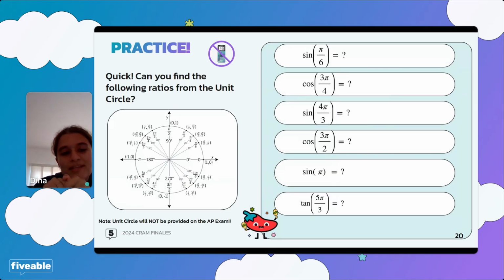Now, this practice problem is no calculator, so you should be able to memorize these trig values or be able to think about them. We have the following ratios on the right. We're going to give you a couple of minutes, maybe 2 minutes, to figure out all these values, but you should be able to figure them out very quickly. So try the values on the right for a couple of minutes, and we can see what you get.